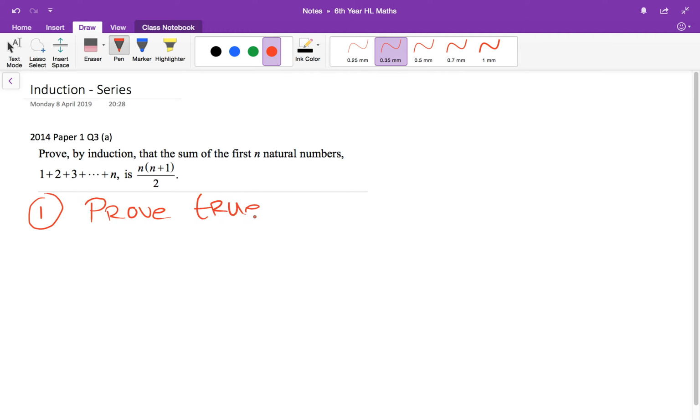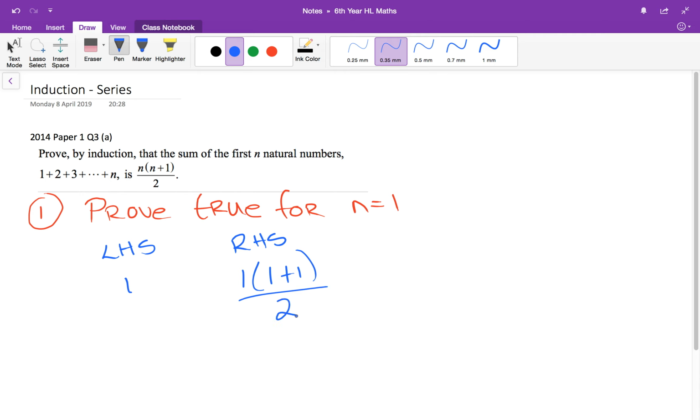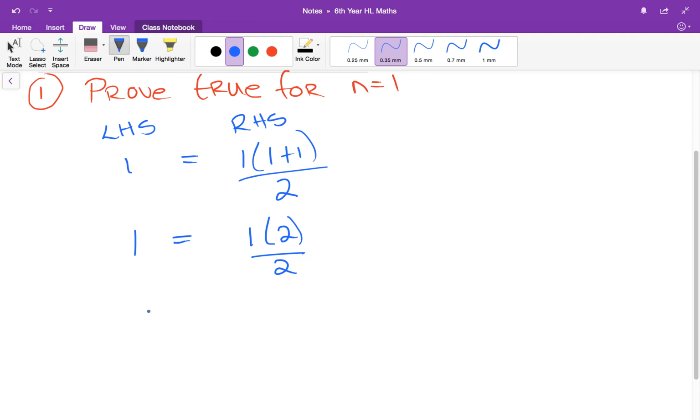Prove that it's true for n equals 1. So 1 on the left here, as in 1 on the left means the first term, and the first term on the left hand side is 1. On the right hand side it's a formula, and we need to make n 1, so it becomes 1 times 1 plus 1 over 2. So this is 1 times 2 over 2, which is 1 times 2 is 2, and 2 divided by 2 is 1. So it is true